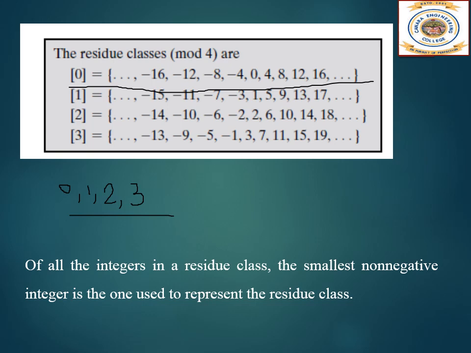See how the negatives work. Minus 3 mod 4: how much is it? It comes to minus 3, but I have to take the remainder as always positive. So I do minus 3 plus 4 and get plus 1. Again, minus 7 mod 4: I get quotient as minus 2 and remainder minus 3, so minus 3 plus 4 gives remainder 1. Again, consider minus 11 mod 4. What is the remainder? Minus 11.